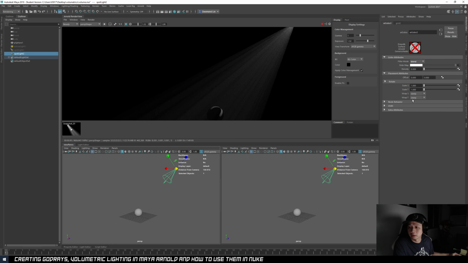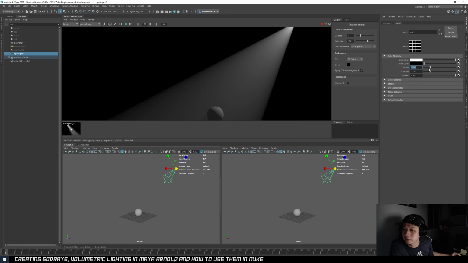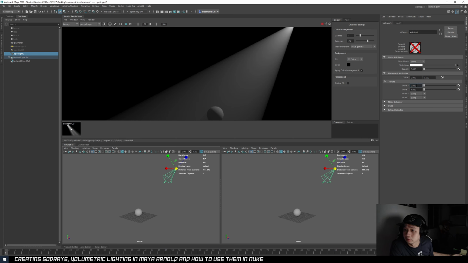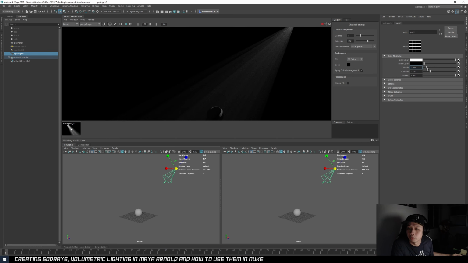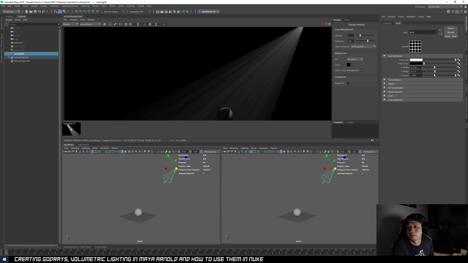And then if this is too much, you can probably adjust the scale if you want to get some different patterns, but you can also go into the grid, you can tweak the width to get a different look from it. As you can see, when I increase it, the look of the volume changes, and you can decrease the contrast. Let's say you don't want so graphic a look on your volumes, you can soften it by decreasing the contrast.